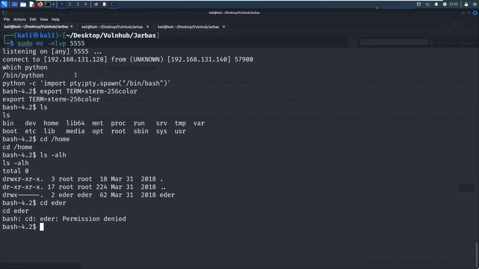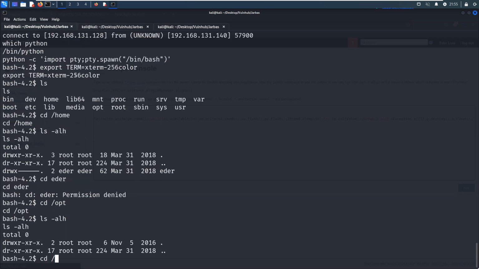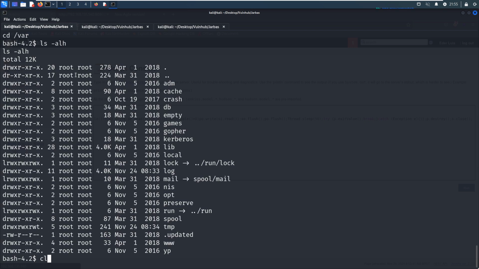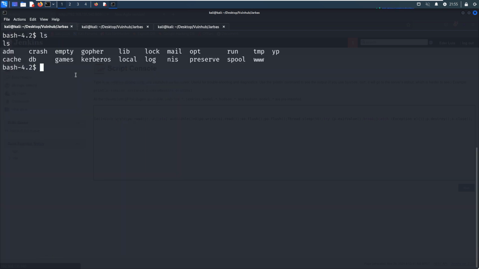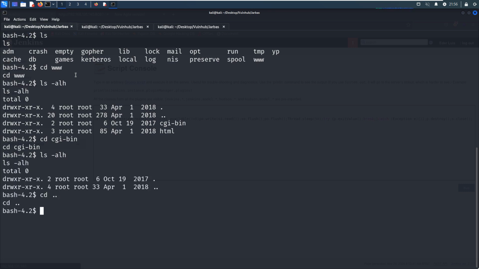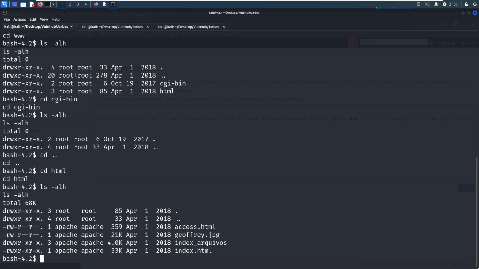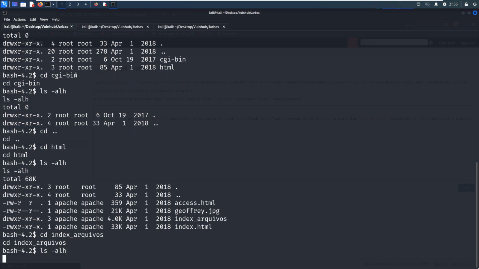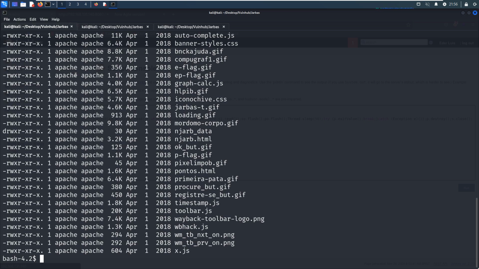Permission denied. So how about opt? Nothing here. Var, go to www, nothing here. Go to the html subdirectory. So index, a lot of files.